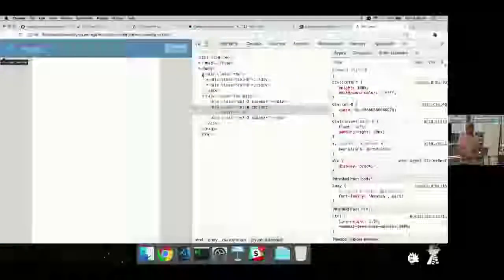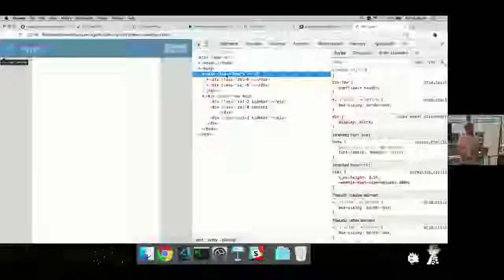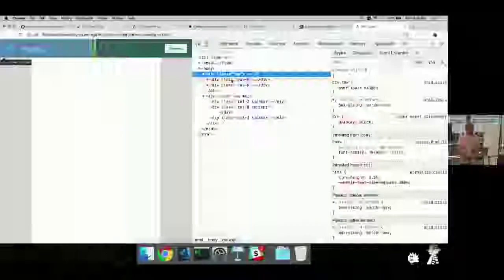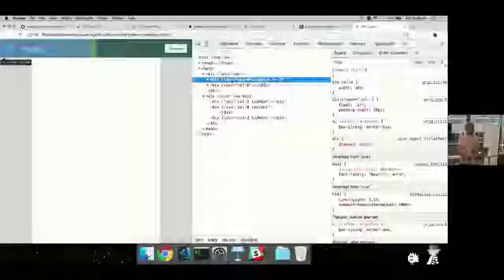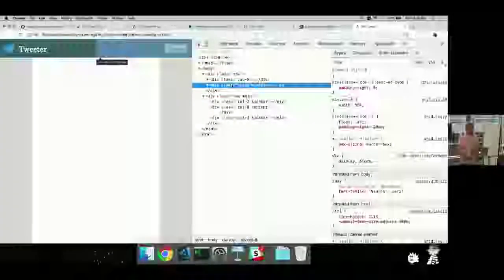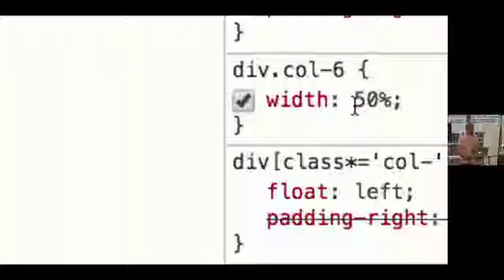The top row has 2 columns. One is 6 columns wide, and the other is 6 wide. That makes sense? Their widths are 50% because they have that col-6 property.